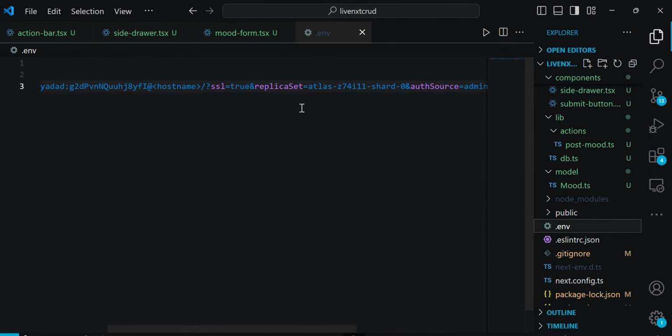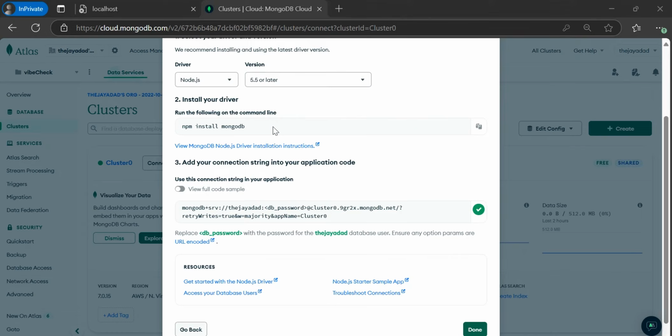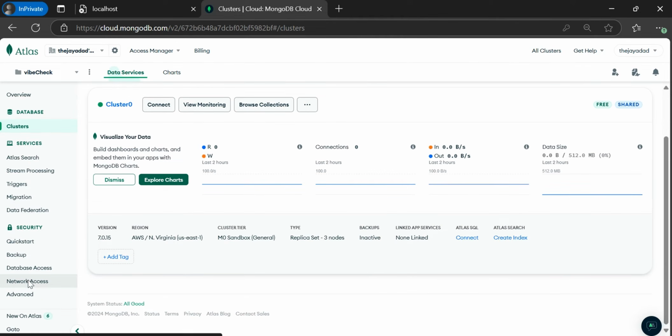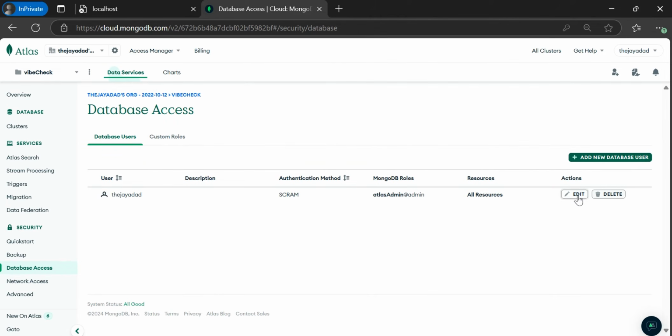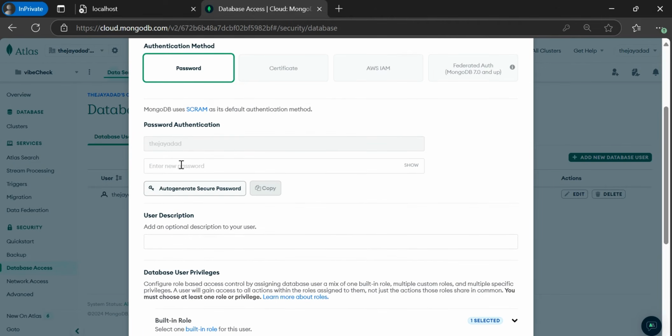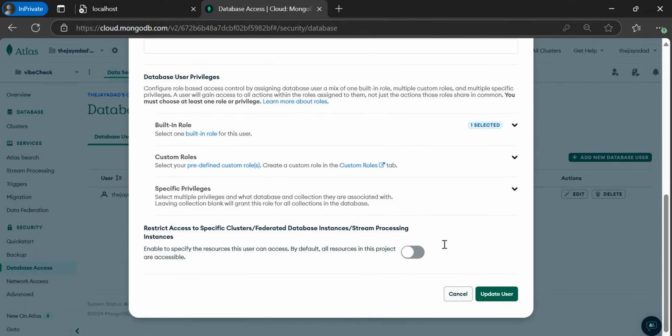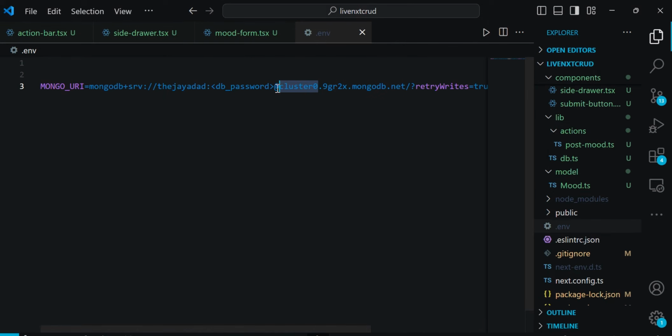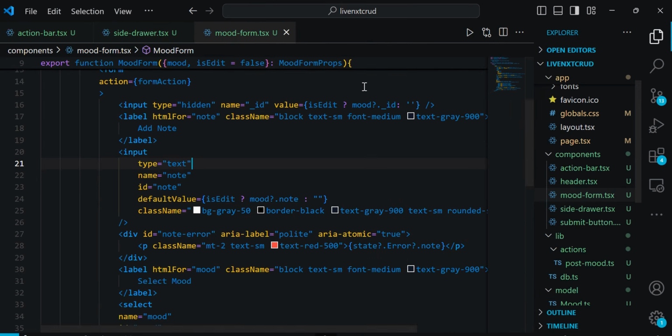And we'll go back to the .env file. We can remove what is currently there. Replace it with this connection string. I see the difference now. And I'm going to reset the password on this. So we'll go to database, edit password, auto generate one, copy it, go ahead and update the user, that way it saves. And we'll go back to the .env file, replace this with the actual password, hit save, close out the .env file,